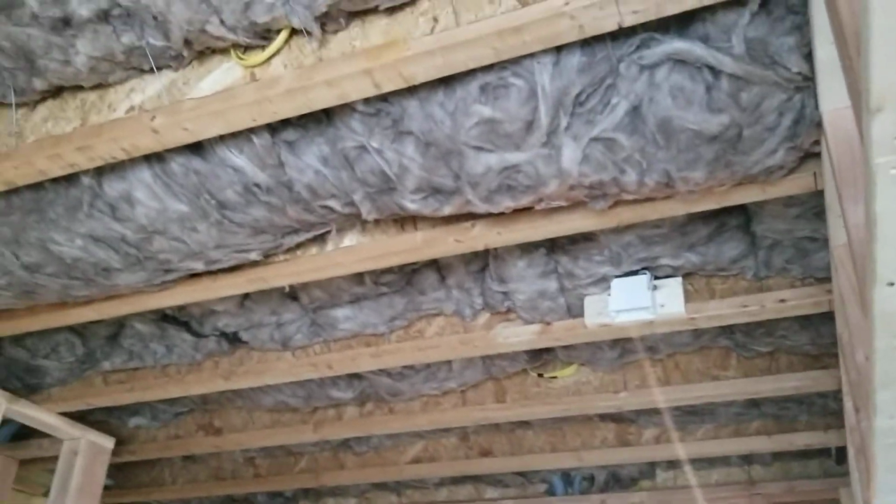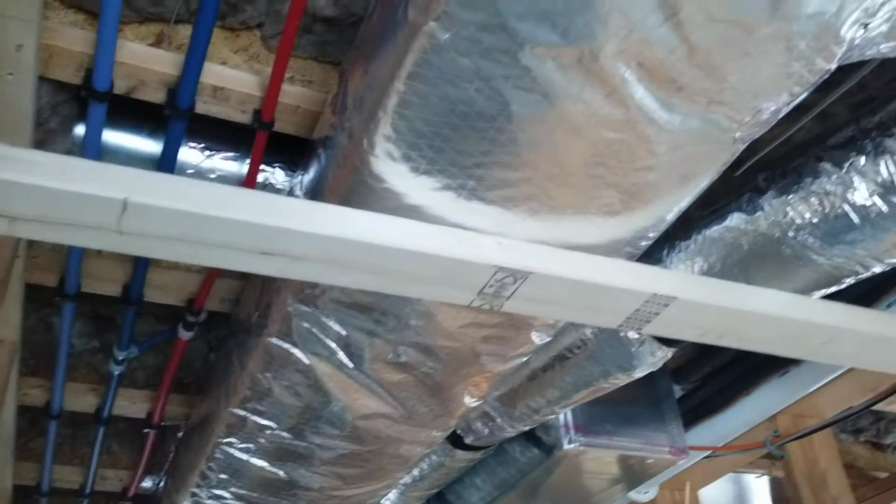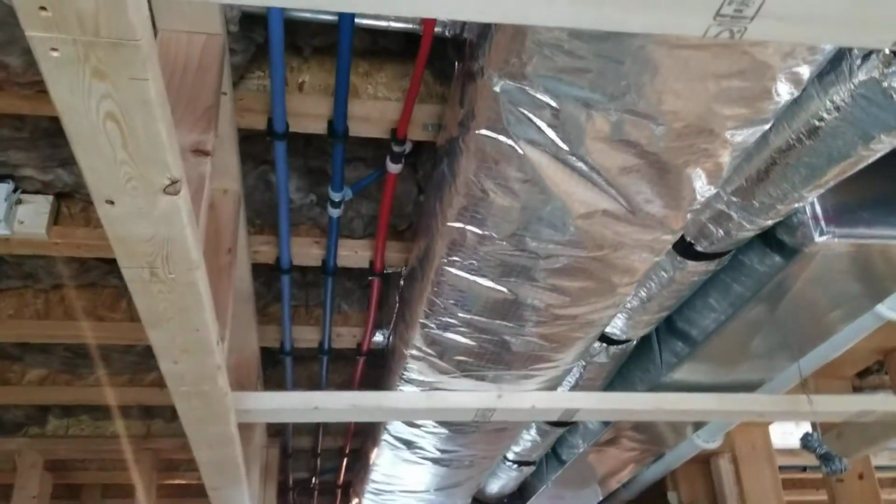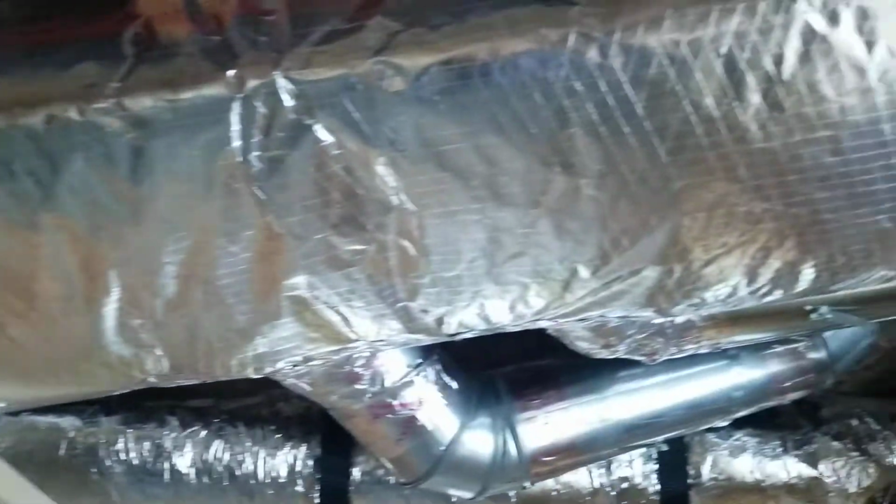And I got done with the insulation today. That was kind of the last thing I needed to do. So I got the insulation up. I insulated around my heat and air conditioning duct in this room here, so that will be all nice and cozy. Got everything insulated. This room over here, I'm thinking it's going to be my office,